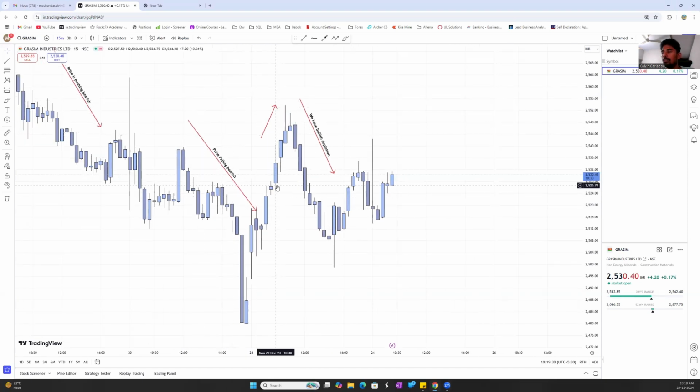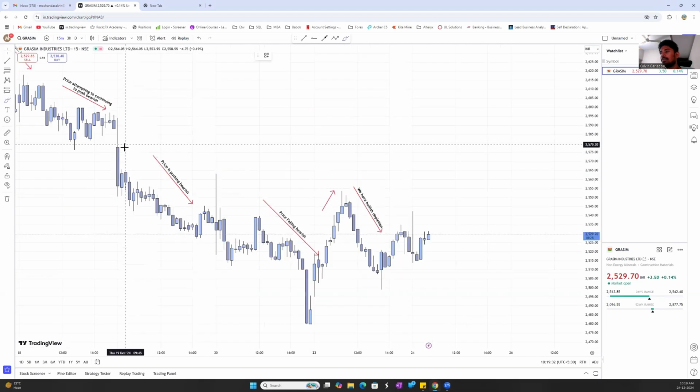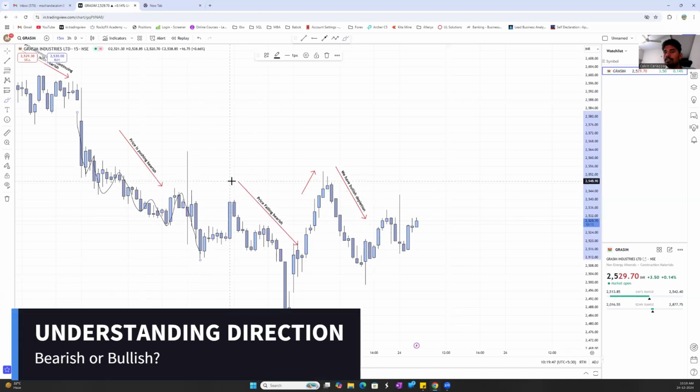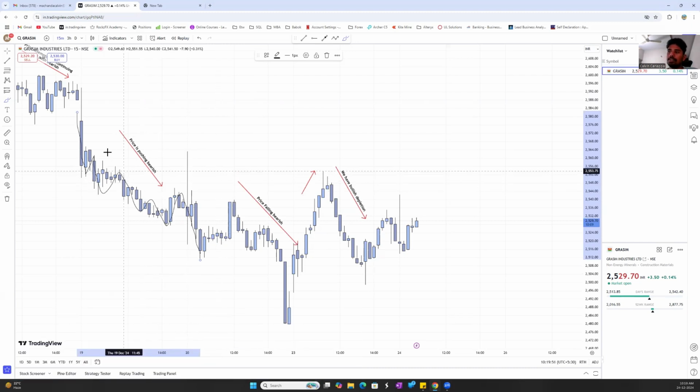The point that I wanted to cover was, when you try understanding price action, you will see that the direction of the market over here is clearly pushing bearish, right? Basics of price action: first, understanding where the direction is. Is it going down or is it up? Basic understanding. So you can see that the price is clearly pushing down. And here, what did we see? Here we saw that the price is clearly not able to sustain, and price is continuing to fall bearish.